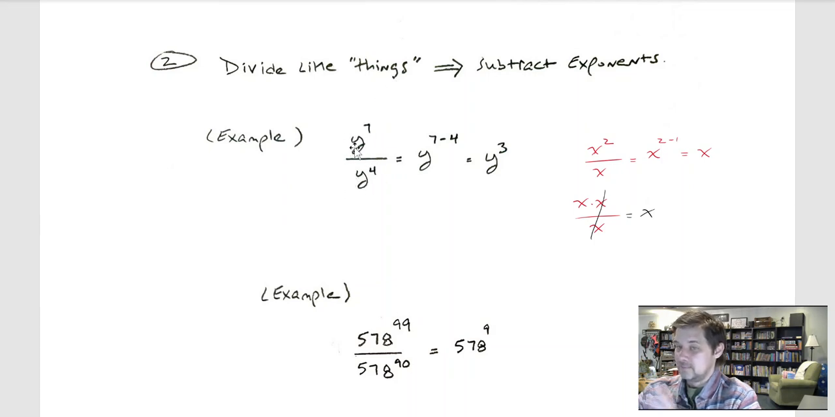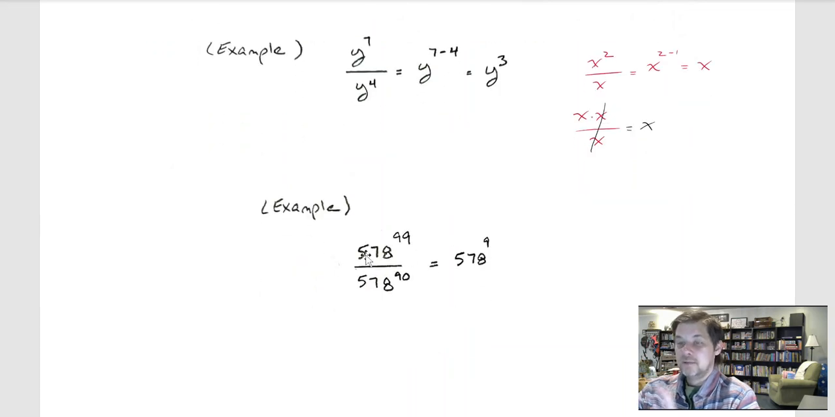Anytime the base matches, all right? So here, y and y, or x and x, and so on. Here, I've got the base 578, so I want to do this calculation: 578 to the 99th power over 578 to the 90th power. If I tried to do that with my handheld calculator, say I did 578 to the